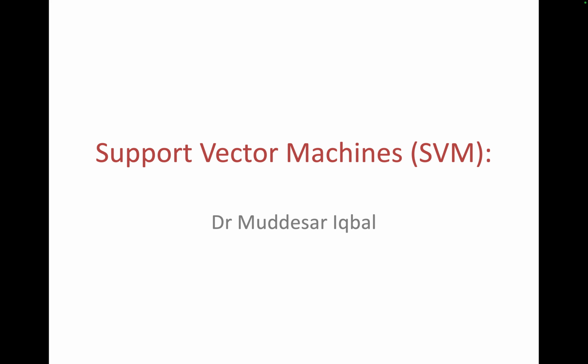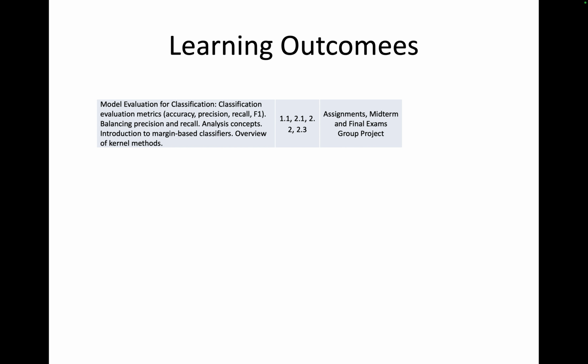in, I think, the last lecture as well. Classification versus regression, right? So the SVM is a very good classification algorithm. This is one of the learning outcomes we're supposed to cover: accuracy, precision, recall, and F1 on classifications. We already did that, but this is a second algorithm we're doing, and we will have an overview of